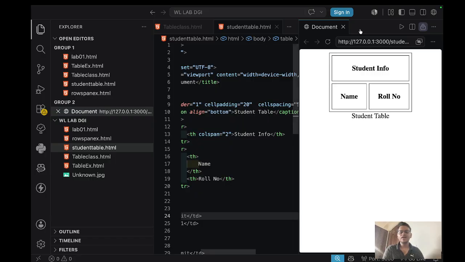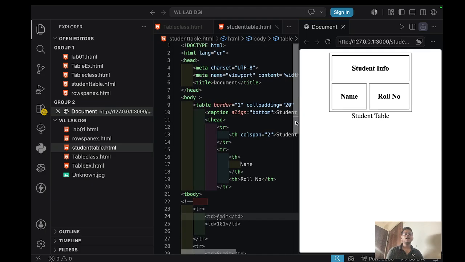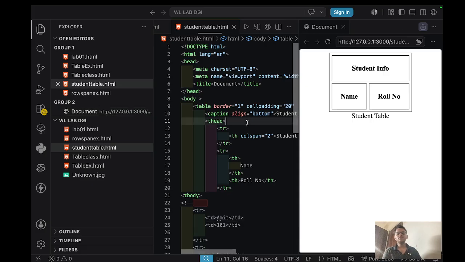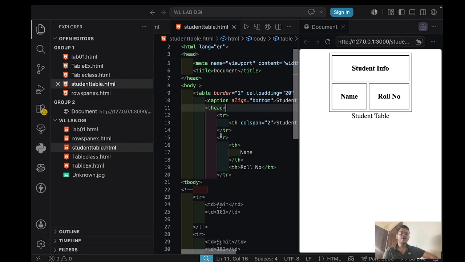So you are saying that here we have student info in this column, and this was our first table row, which means this was our first row. And if you want to make the second row, then you have to again use the tr tag. We have used the tr tag again, and we have given